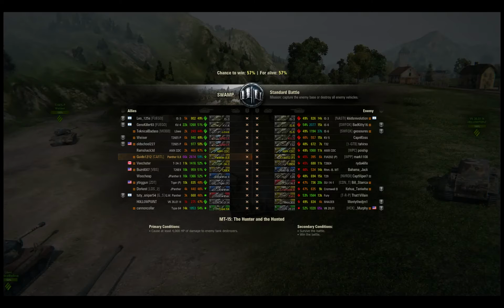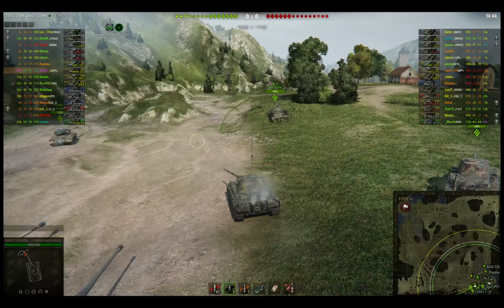You can see that the teams are fairly even. If you take a look and analyze the teams like I did when I first loaded in, I noted that both teams had the same amount of heavies and mediums, more or less, as tier 8s. And because it is Swamp and you've got the castle there in the southwest part of the map, teams that are comprised of a lot of heavies tend to want to go there. So they're going to go to where their strength is. Both these teams have a strength of heavies, so I assumed that both teams would go to the southwest and